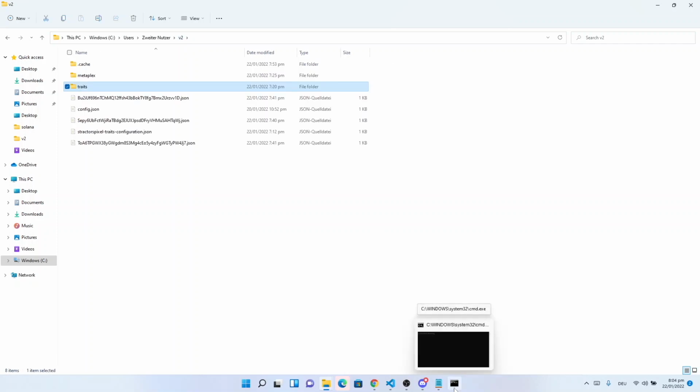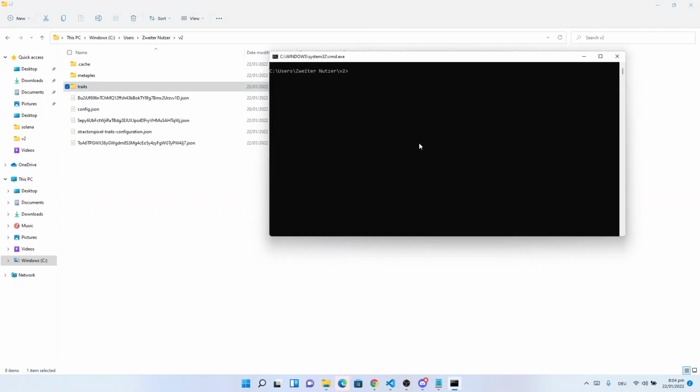Now to later generate our art, what we need is a traits configuration file. Therefore, we can use the Candy Machine v2 CLI and we have to type ts-node and then the directory to this file. Then we can use the command generate-art-configurations, and then the name of your traits folder. When we now press enter, this can take a few seconds. In the end, we have a file named traits-configurations.json